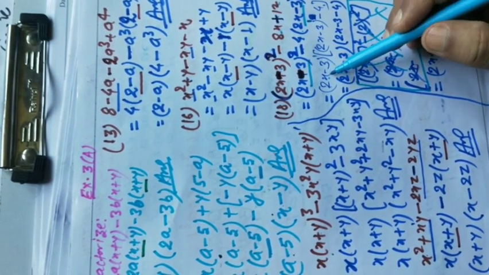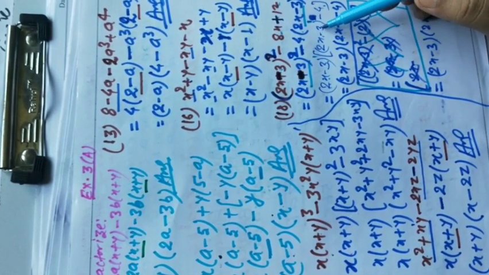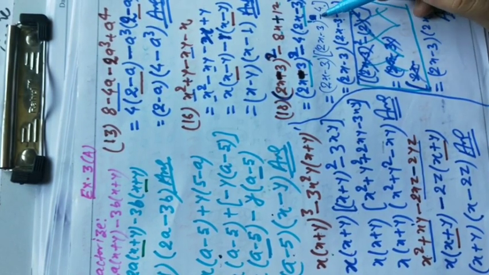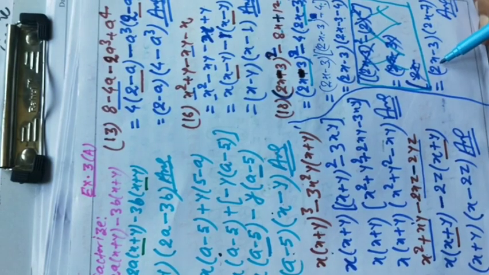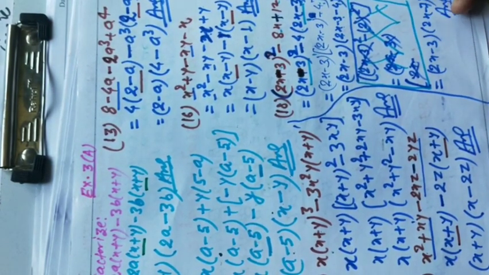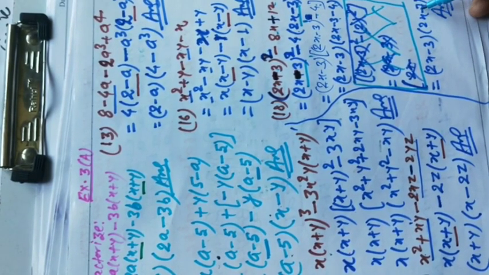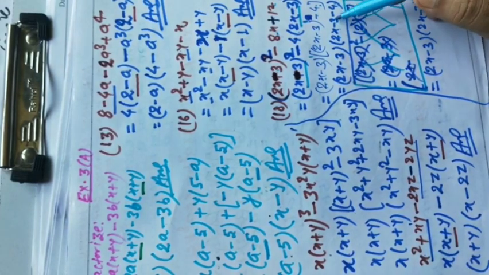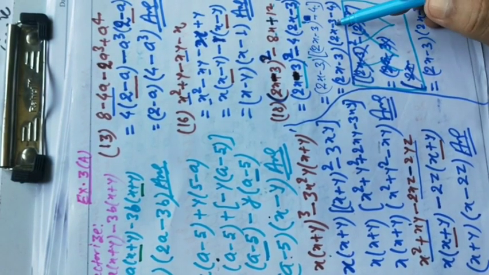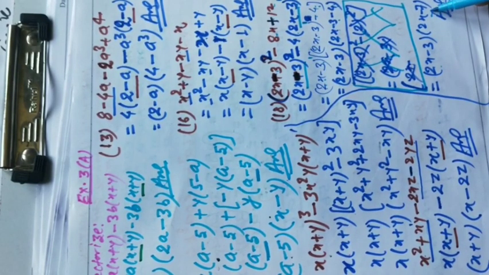Now (2x − 3) and (2x − 3) is written as it is, and minus 4 is there. So it will be 2x − 3 and 2x, and these two numbers are there. So it will be added, but the sign will be negative because both are negative numbers. So −3 − 4 will be −7. So this is your final answer.